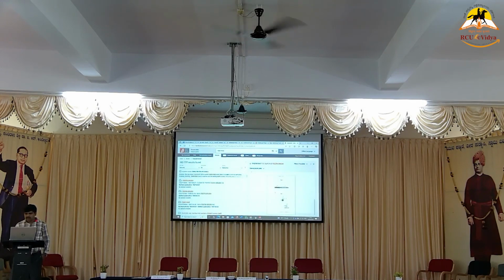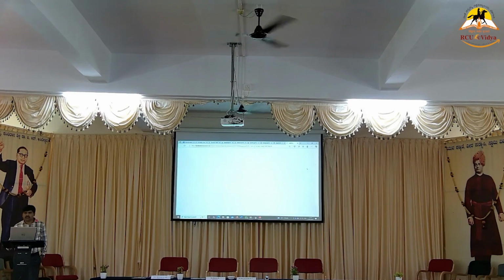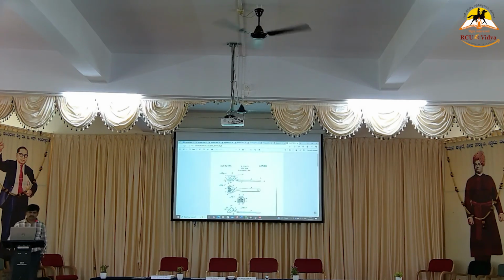See, something they have given, an idea. I don't know for what purpose it may be used. The superior toothbrush, right? If I go for yes, no toothbrush, right? The design is something. So I can download this patent. If I go for original document, I am able to see this, right?